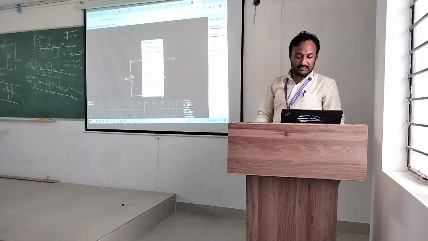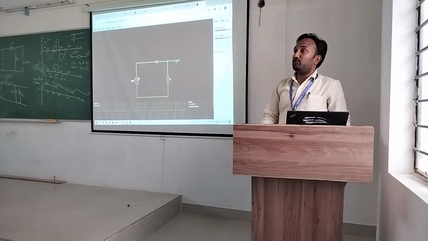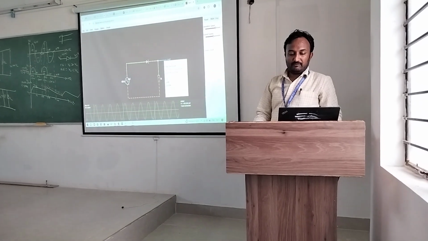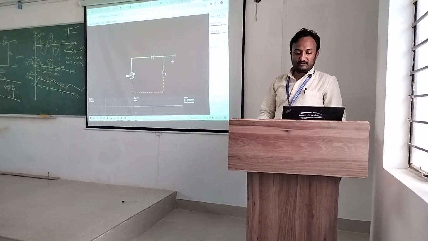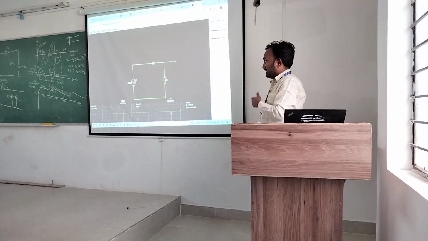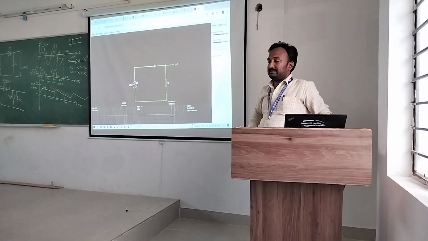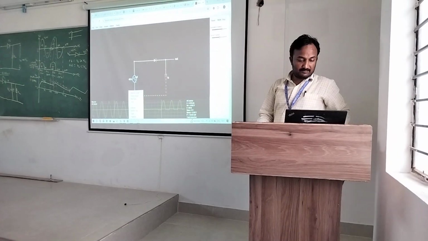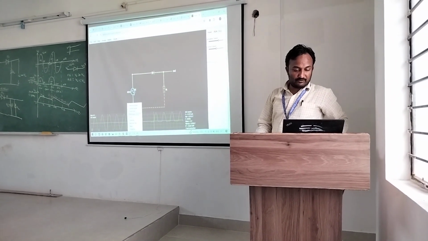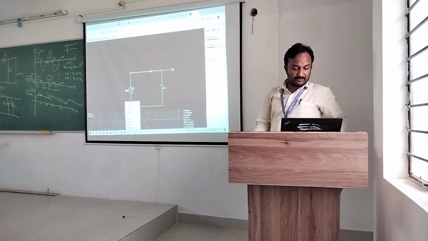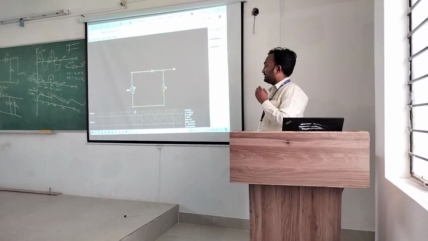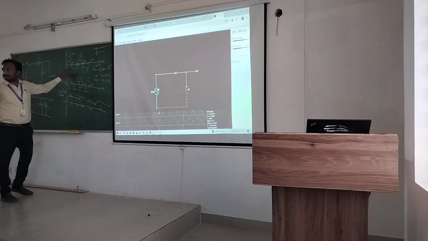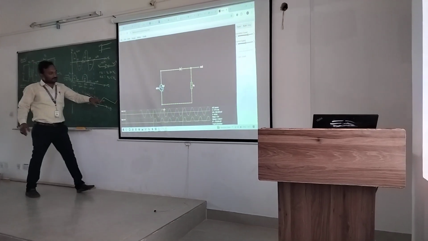Okay. So next thing is I want to see the output also. So here again you right click on this, click on view in new scope. Are you able to see the output now? Yes. So I can bring them into a single thing. So then what I will do is I'll say stack. Okay. Are you able to see the same waveform what I have drawn here? Is it the same? So what is happening for the positive half cycle?